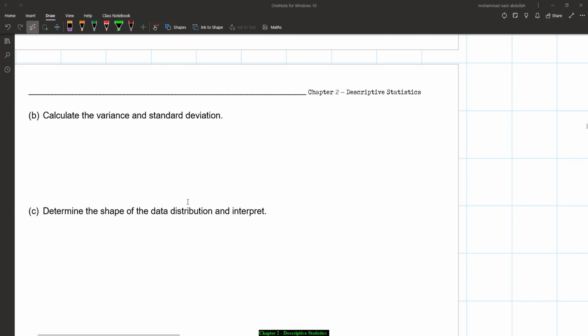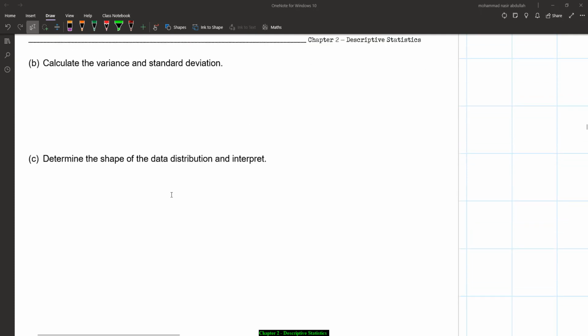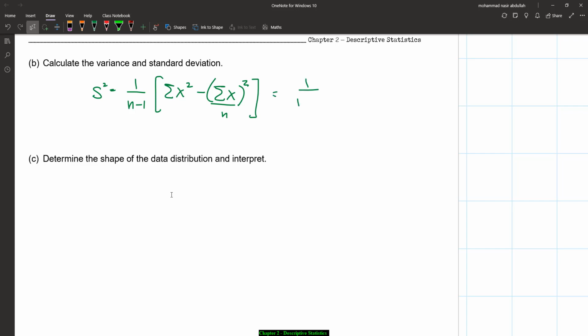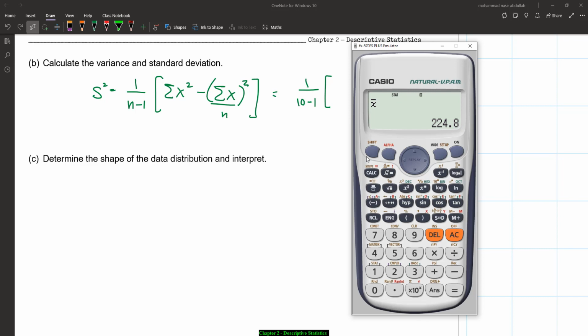Okay, so let's calculate the variance and standard deviation. Let's look at variance first. Variance is 1 divided by n minus 1, times summation of x square minus summation of x, squared, divided by n. Right? So 1 divided by 10 minus 1. This is our total observation. So for summation of x square, you press the input data, press shift 1, sum number 3, and summation of x square number 1. So it should be